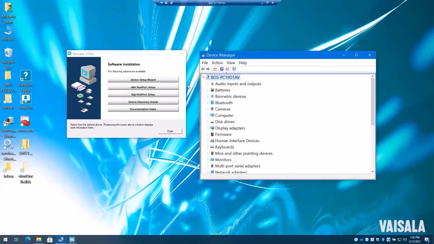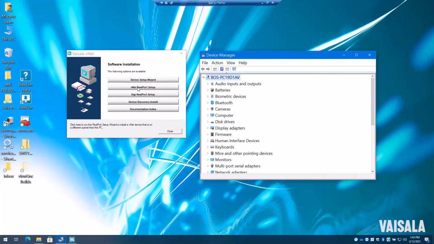The others are all active. So in other words, every time that you go to install a new VNet or new Digi device, you're going to have to launch this directly from the file folder. You can create a shortcut to the desktop to run the setup program, but you just need to know where on the server you're storing your drivers, because every time you go back to add a new device to the system, you're going to have to get to the operating system and launch these programs over and over again.